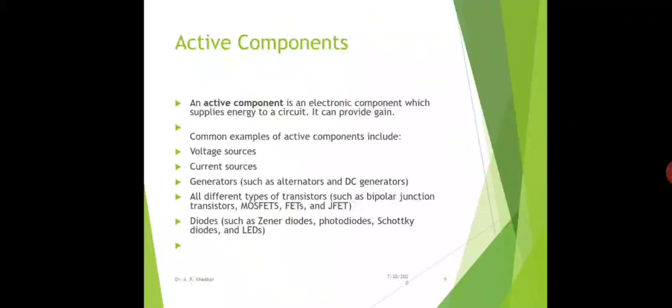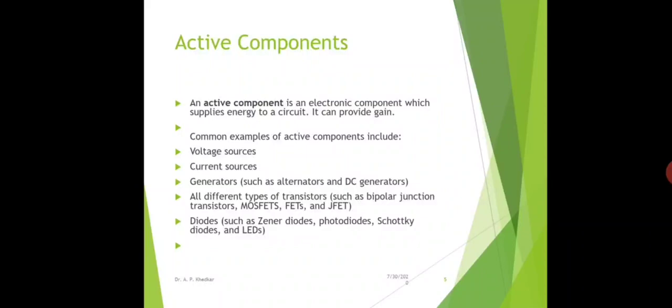Now you should know the exact meaning of what we mean by active component and passive component. An active component is an electronic component which supplies energy to the circuit and it can provide gain or amplification.